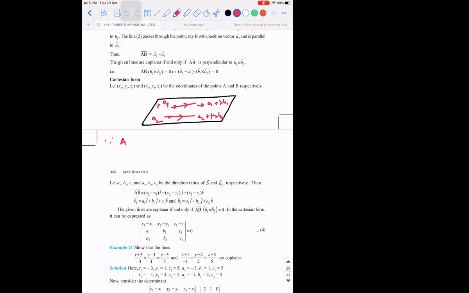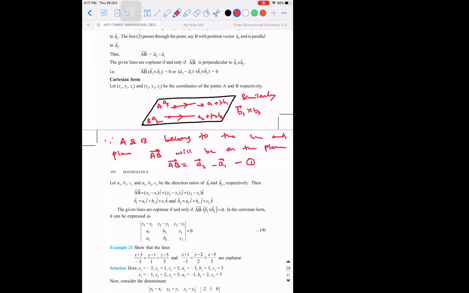Since the points A and B belong to the line and the plane, then AB vector will be on the plane. And what is AB vector, guys? A2 vector minus A1 vector. So let this be equation number 1. Similarly, I am writing it here. Please make a clear note.